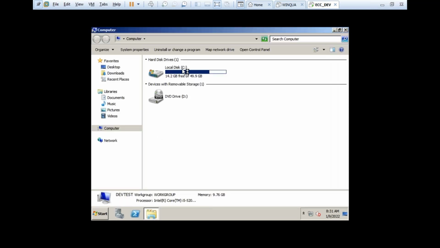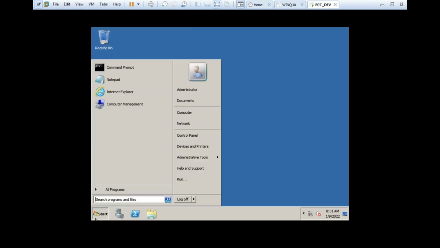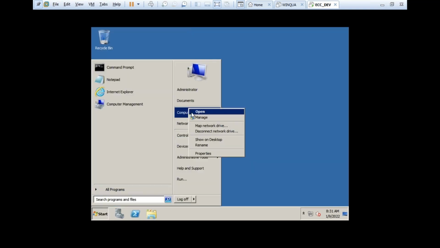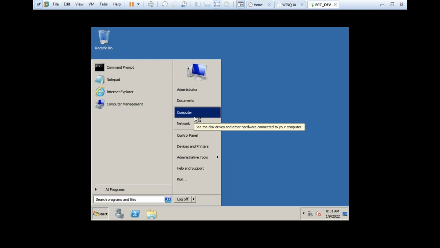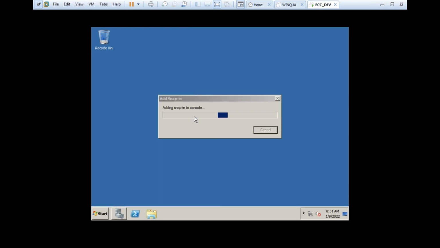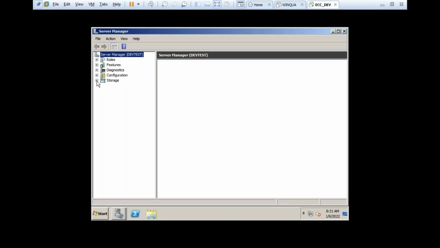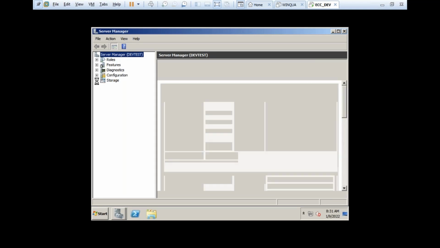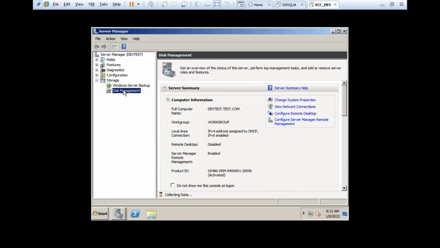So still you are seeing only one drive, but we have this D drive also. We'll see where it is. Go to computers, go to manage, go to storage, disk management.